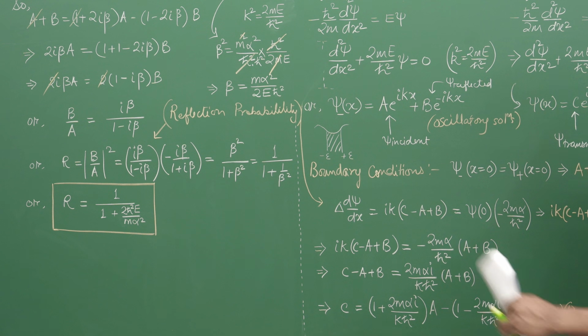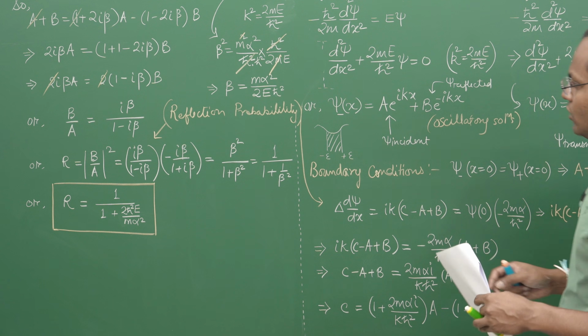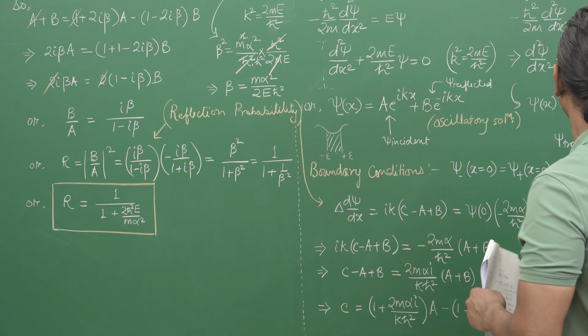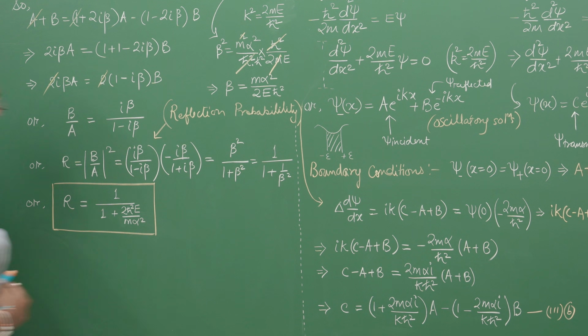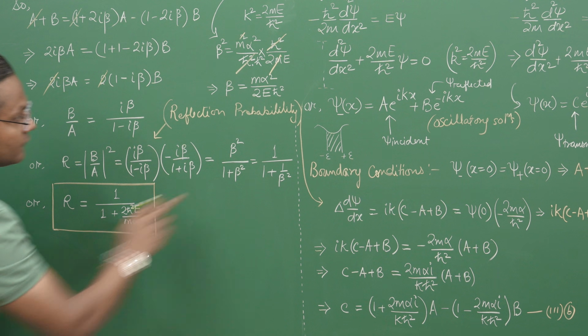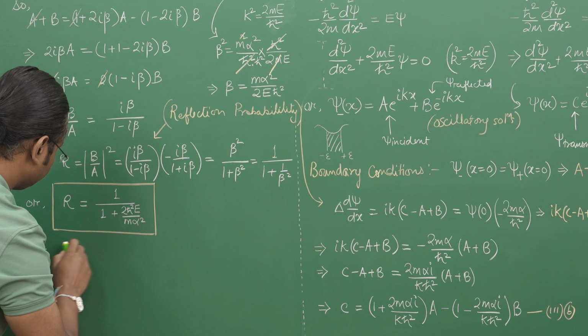and because reflection plus transmission is always equal to 1, I can always do 1 minus r to get the transmission coefficient, or I can also get the transmission coefficient from a different method. How? Let me show you. So this is the reflection coefficient here. So transmission coefficient can be obtained from equation number 3. So equation number 3 says